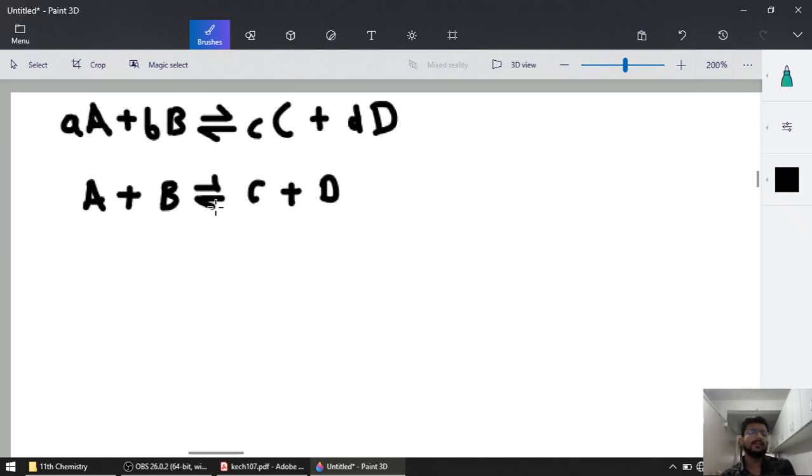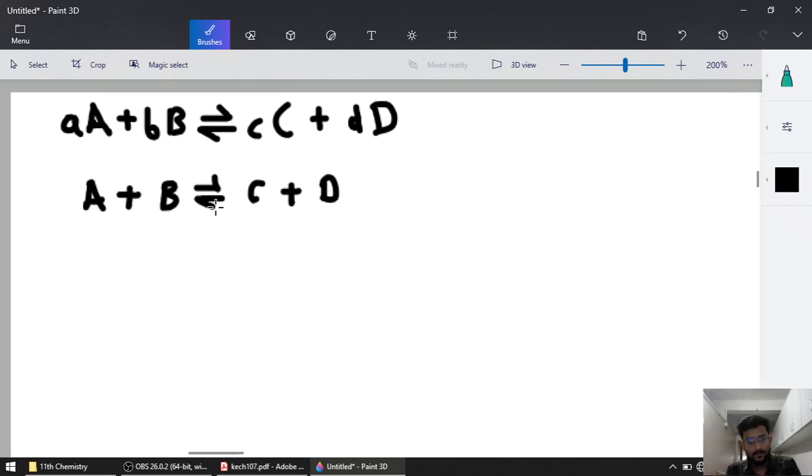What happens at equilibrium? At the initial stage, the reagent was maximum and the product was 0. As the reaction starts, the amount of reagent will decrease and the product will increase. After some time, the reagent becomes constant. After decreasing, the reagent becomes constant, and the product after increasing becomes constant. Why do they become constant?